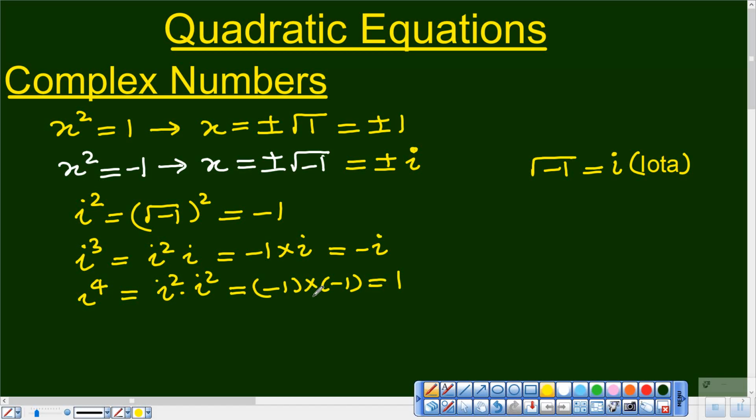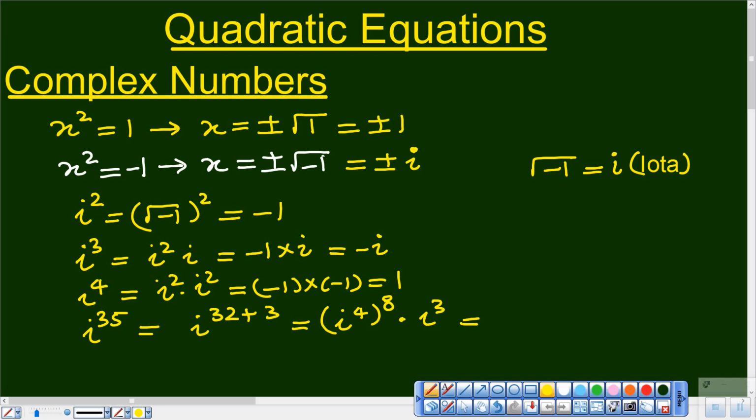Now any further power of i can be computed very conveniently. Suppose I take an example, what is i raised to the power 35? So I can break it down like i raised to the power 32 plus 3. I have broken 35 in a very smart manner. Basically, I have broken it down into a multiple of 4 and the remaining part. So it can be written as i raised to the power 4, raised to the power 8, 8 into 4 is 32 after all, into, following the law of exponents, i cube.